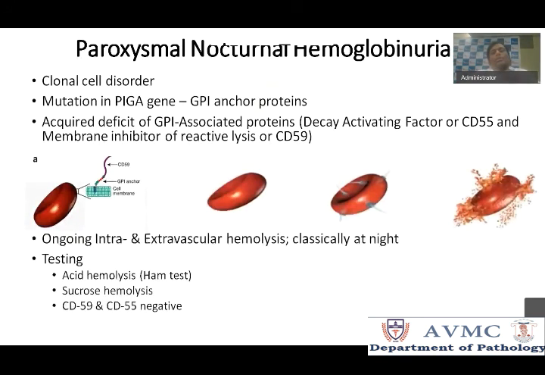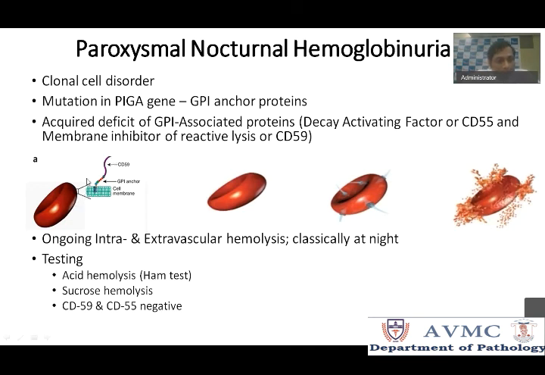I've not got a case of this, but I just kept it for completion. This is paroxysmal nocturnal hemoglobinuria, which is again a type of hemolytic anemia. Here it's a stem cell disorder, where the RBC has some anchors to which some proteins are attached, especially CD59, which helps the RBC against attack of complement. You know complement, right? There are many complement factors and many pathways of complement activation, like the classical pathway and alternate pathway. The RBC has an anchor called the GPI anchor, which links it to proteins called CD59 and CD55, which act against complement-mediated lysis.